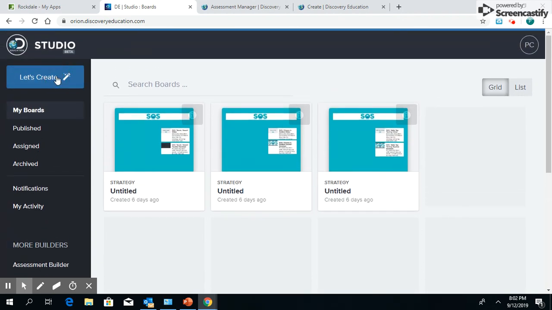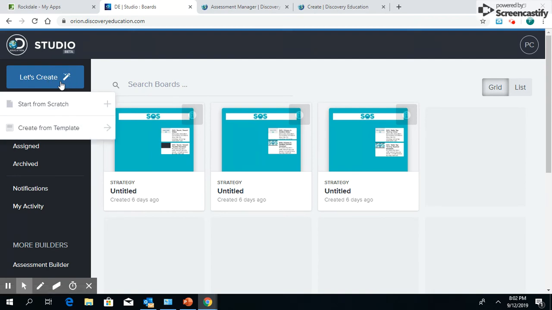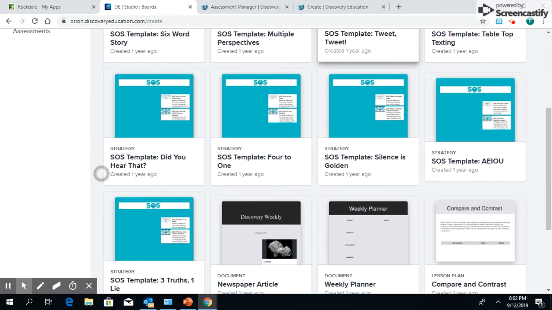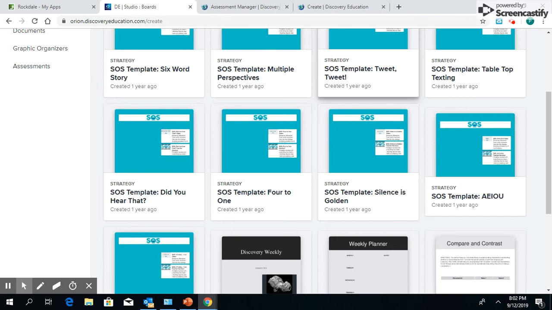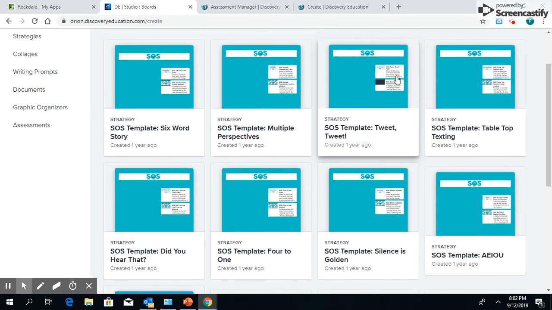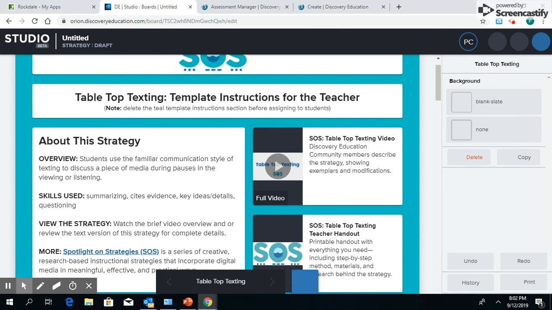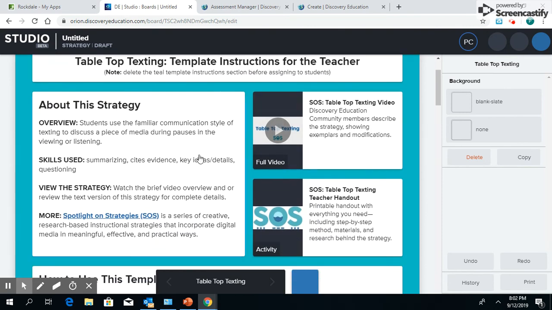If you click Let's Create at the top, you can click to create from a template. And this is where you can choose one of the strategies. So if you wanted to use the tweet strategy, or even tabletop texting, I use this one also. So it gives you an overview, and then you are able to